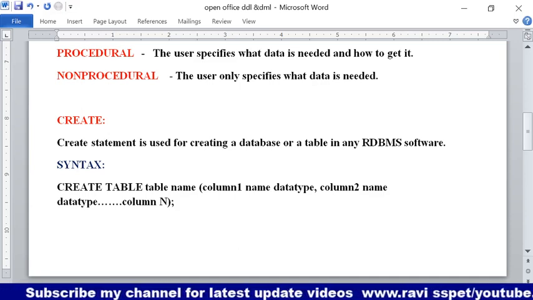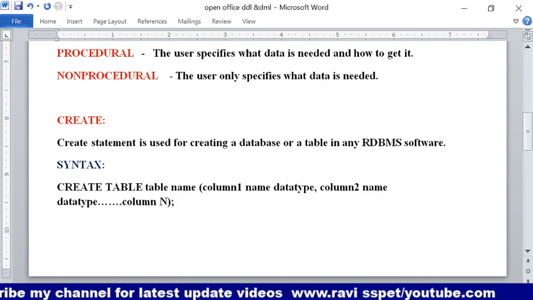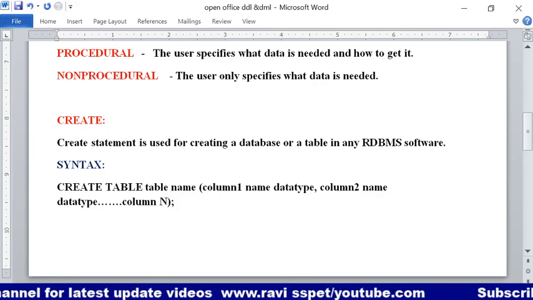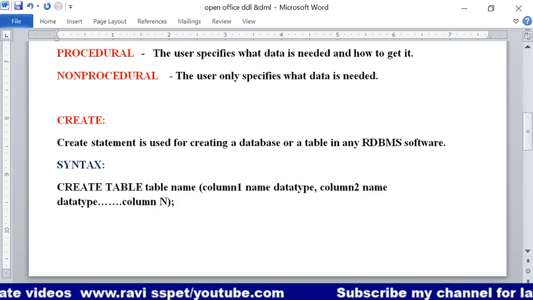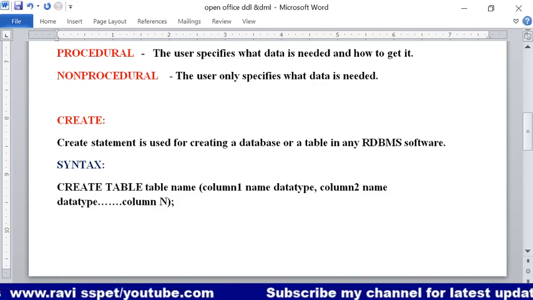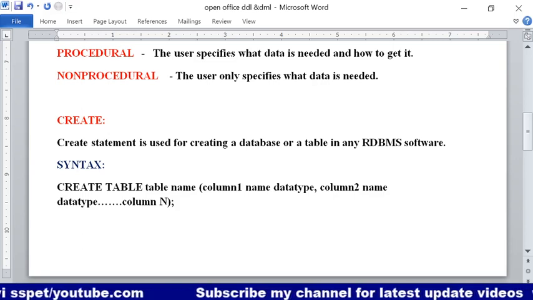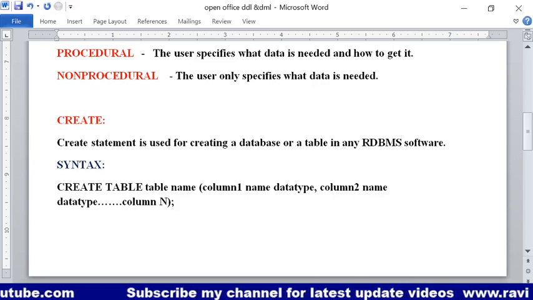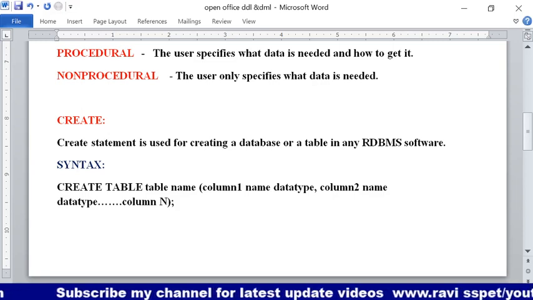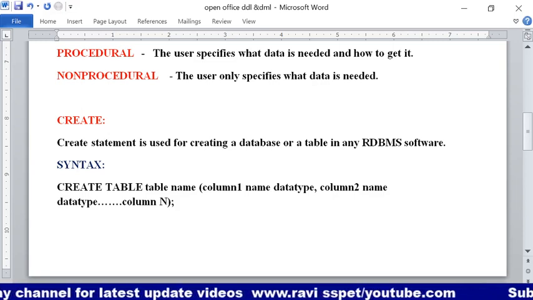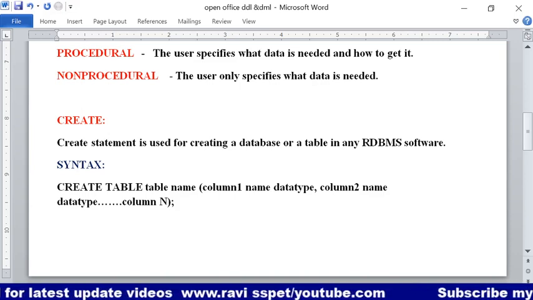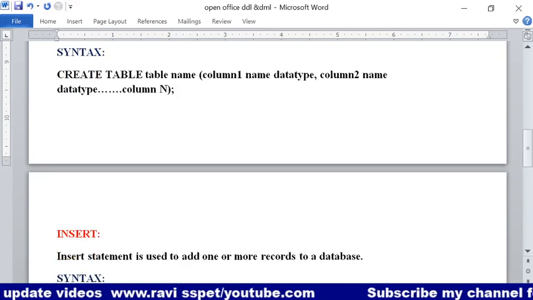After that, comma, again column 2 name, after the data type, up to column n. That means how many columns you want to insert in your table, that many columns and the data types you have to provide, and that should be separated with a comma. And finally, we have to terminate this statement with the semicolon. This is the syntax for create statement.